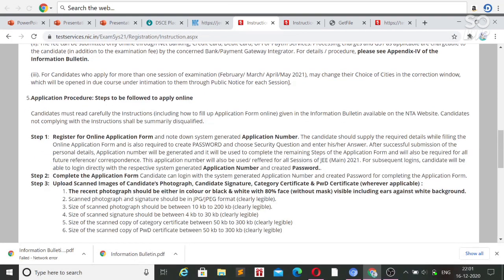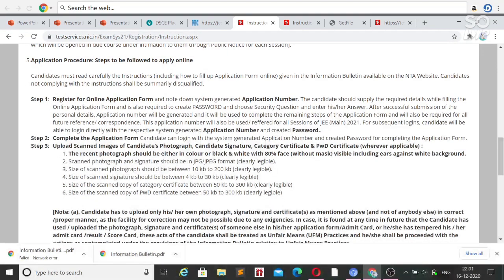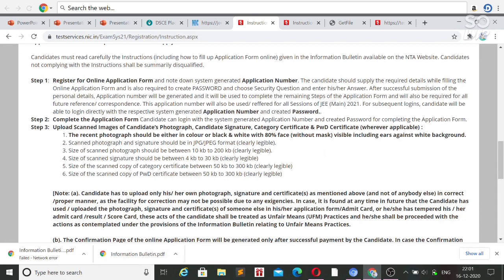And the procedure is, after registration you will get an application number and password that you should keep in mind so that you can log in. And here are the criteria for uploading the images. The scanned photograph and signature should be in JPG or JPEG format, and the scanned photograph should be in the size range of 10 KB to 200 KB, and for the signature it is 4 KB to 30 KB.